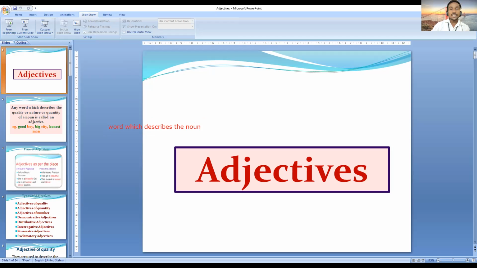Okay, so let's take one example. We will take one noun here, and that noun can be student. Can you tell me which words we can use to describe student? You have to tell me in terms of adjectives. Which adjectives can we use with student? For example, I can say good student. So you can tell me other examples. Clever student. Brilliant student.